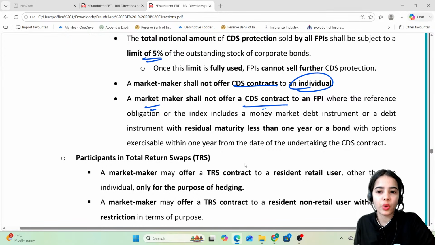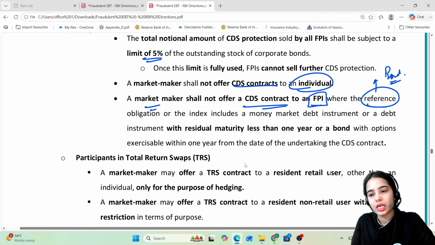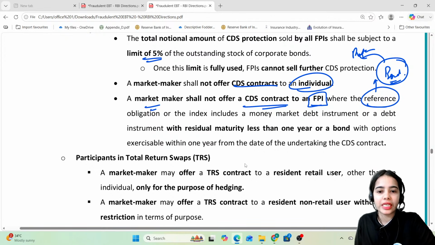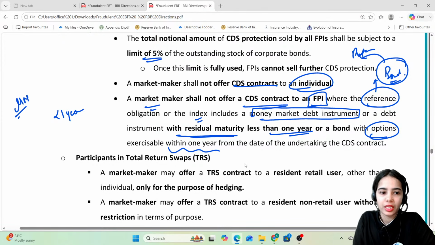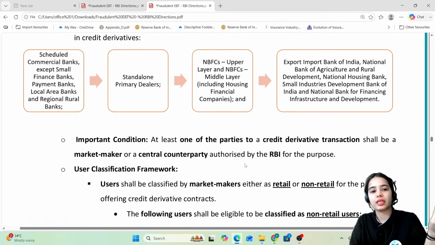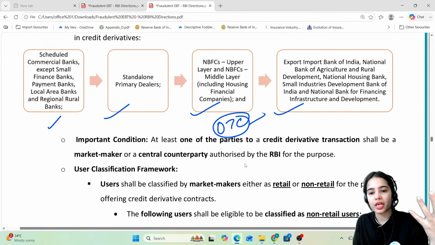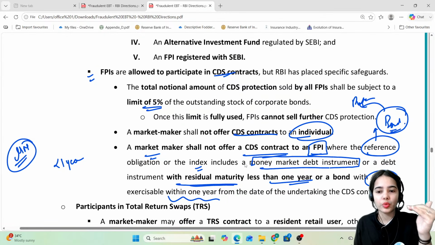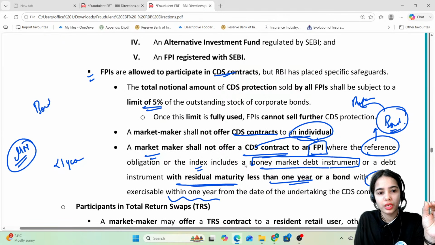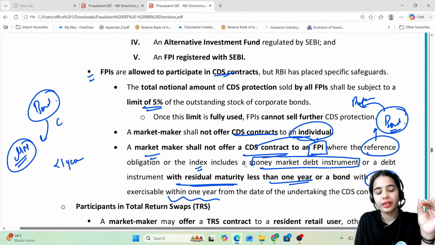A market maker shall not offer a CDS contract to an FPI where the reference obligation, that means the bond against which the protection is being provided, or the index includes a money market debt instrument or a debt instrument with residual maturity less than 1 year, or a bond that has options exercisable within 1 year. So basically, a market maker, that we have discussed. Who are the market makers? These are the market makers in the OTC market. These are the market makers for the credit default swap and for the total return swap. So market makers are not allowed to offer a credit default swap to an FPI if the bond, that is the reference obligation, against which the credit protection is being provided